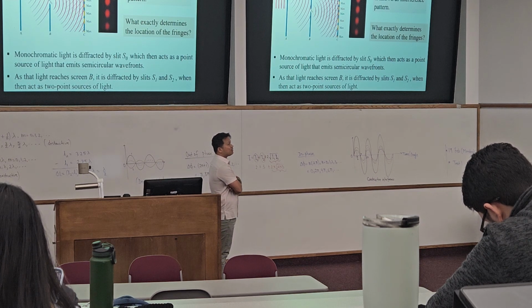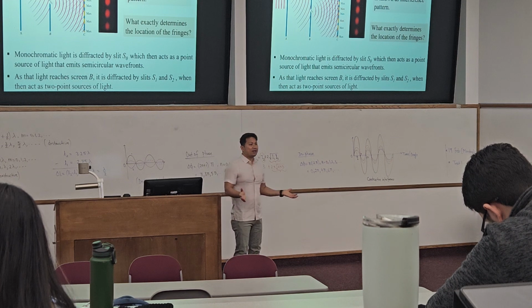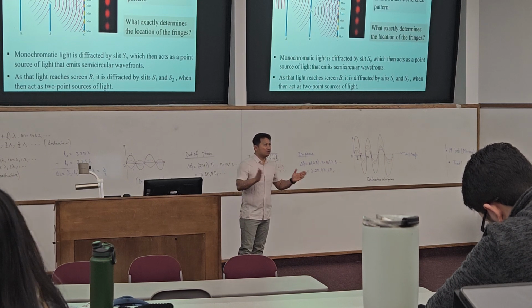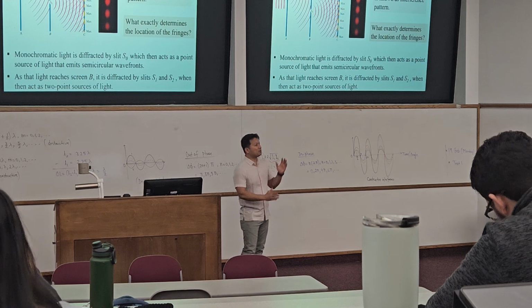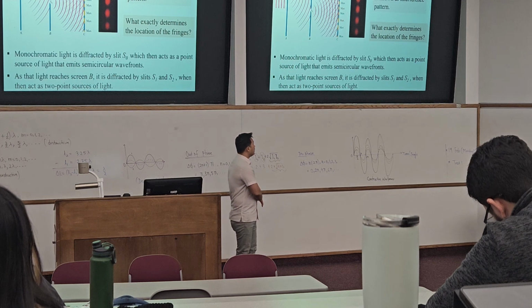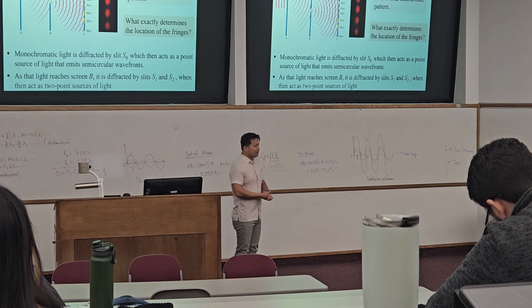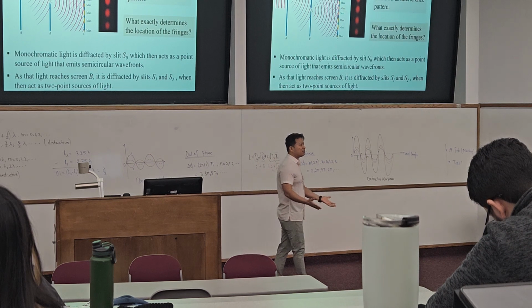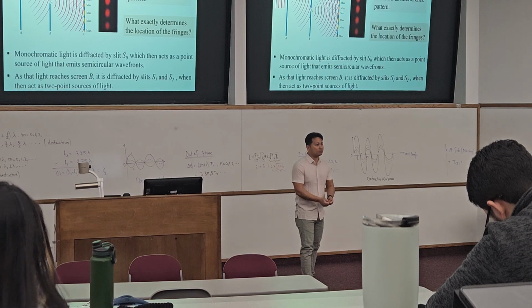This is the first experiment that proves that light is a wave. Do you remember that when light was discovered, I told you there were two groups of scientists? Some said light is a particle, and even a famous scientist was on that side, and then some people thought that light is a wave. You cannot argue without any experimental evidence. You can argue something, but you need to have some proof.